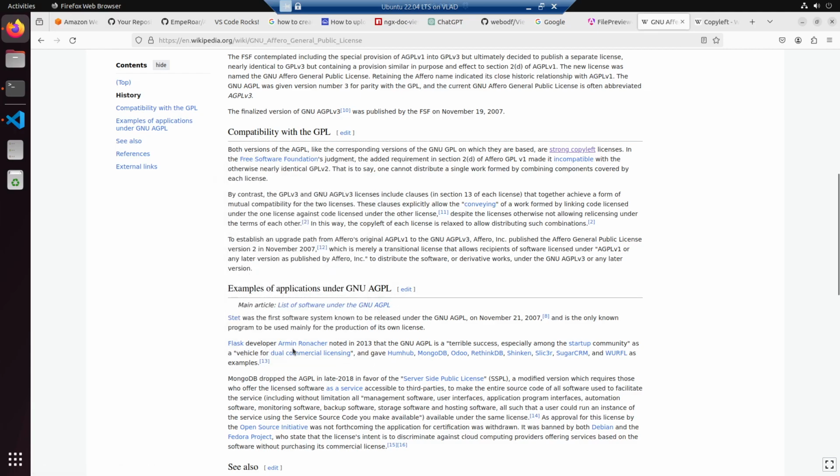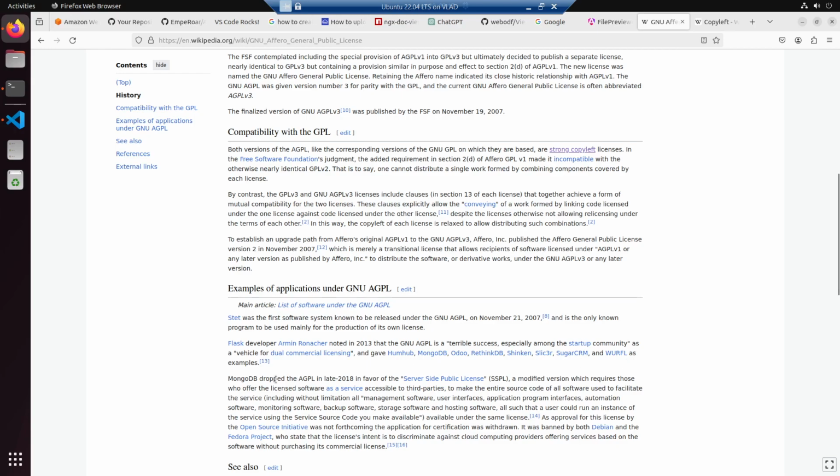Flask developer Armin Ronacher noted in 2013 that the GNU AGPL is a terrible success, especially among the startup community, as a vehicle of dual commercial licensing, and gave HumHub, MongoDB, Odoo, RethinkDB, Shinken, Slicker, SugarCRM, and